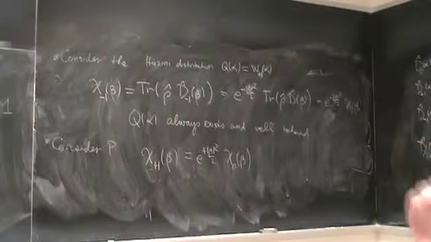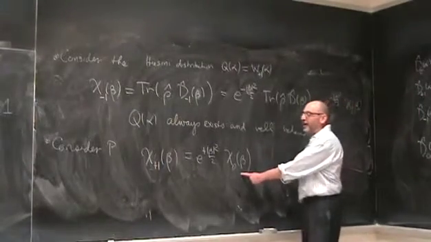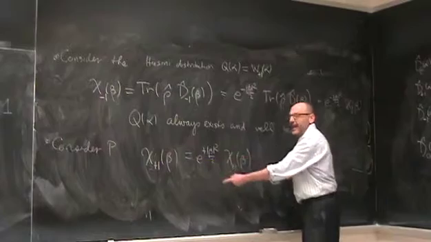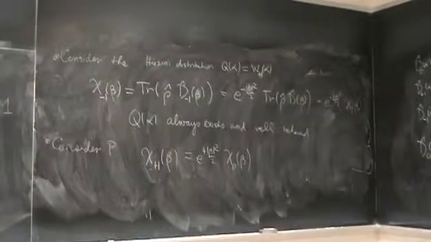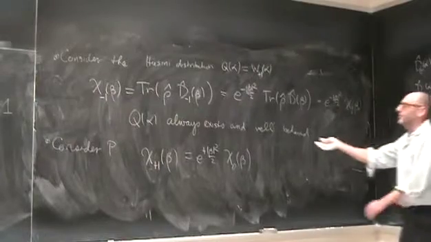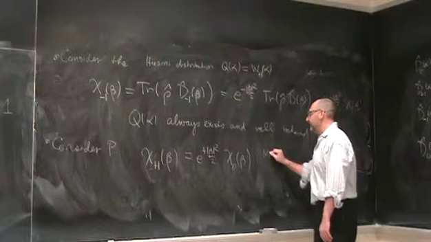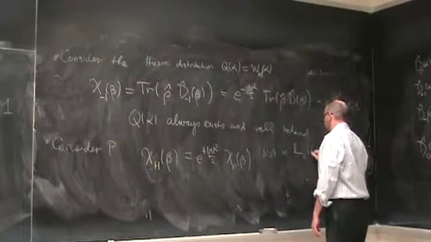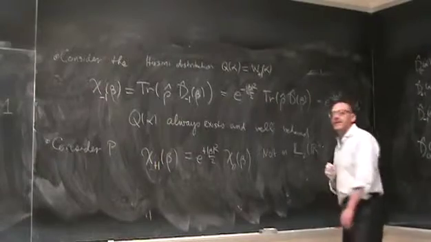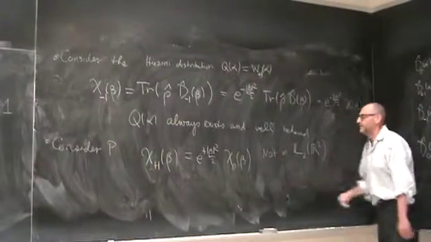Big trouble, because this thing's blowing up. And unless this thing falls off at least as fast as e to the minus beta squared over 2, this thing will not be square normalizable. So not in L2 on the real plane, or complex plane if you like,